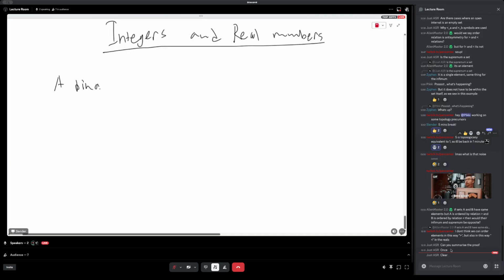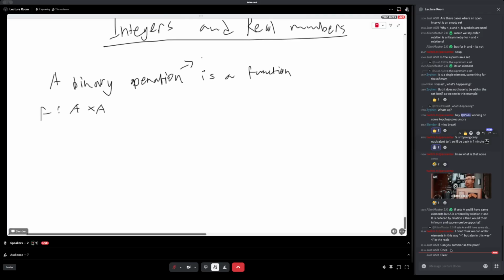So a binary operation is a function f that has the Cartesian product of A and A. A binary operation on a set A is a function that takes the Cartesian product of A with itself, mapping to A,